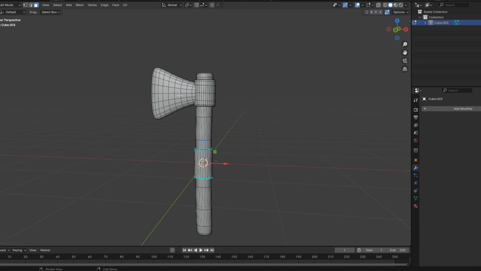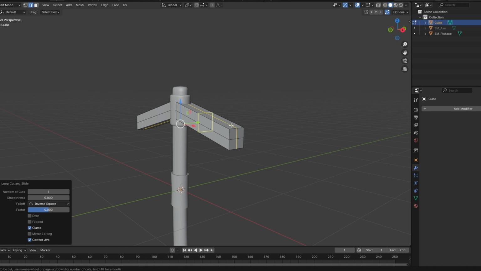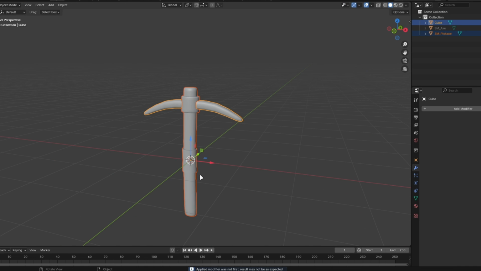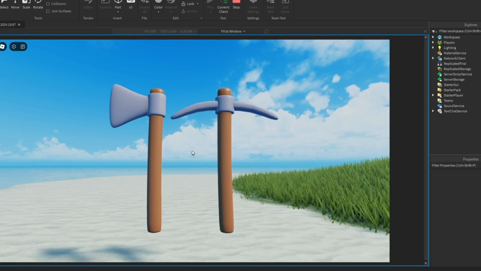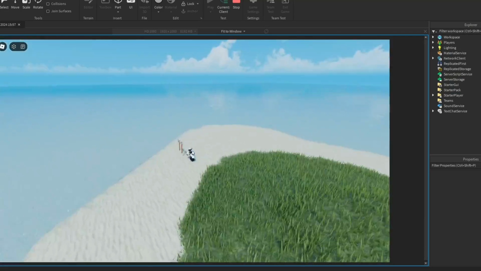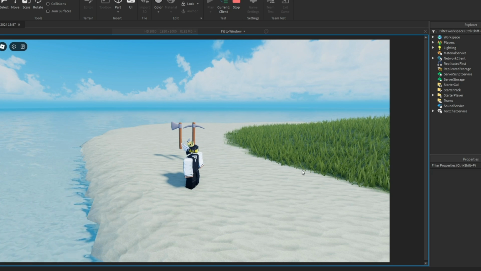With that being said, that is the axe completed. And now if I do a little bit of this and a little bit of that, and I'm lazy, so boom, that's the pickaxe done. Okay, now the tools are pretty much imported now, I added materials to them, but it's got me thinking, we do need an animation for them to actually work. But the issue is, I have no experience with animating in Studio, so